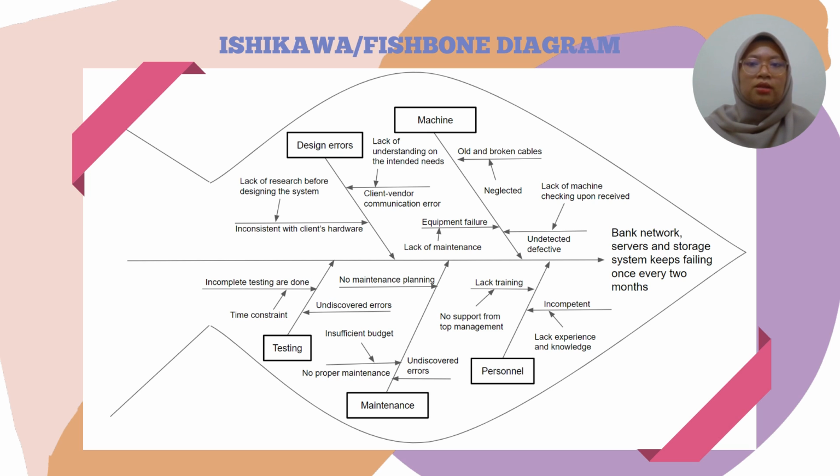Lastly, for the personnel, the vendor might have put incompetent employees with lack of training, which causes the system to be designed with too many errors. The employees of the bank in charge of observing the system might also be lacking training, since there is no support from the top management to send them for training, as IT is not in their field of business. Other than that, it is evident that the vendor and employees of the bank have a lack of experience and knowledge in handling the system for ATM machines, as they are unable to resolve the problem even after such a long time.